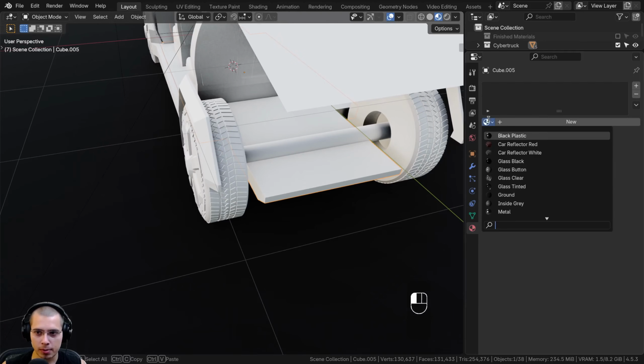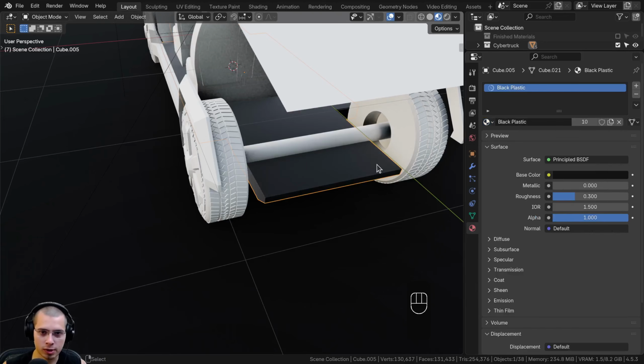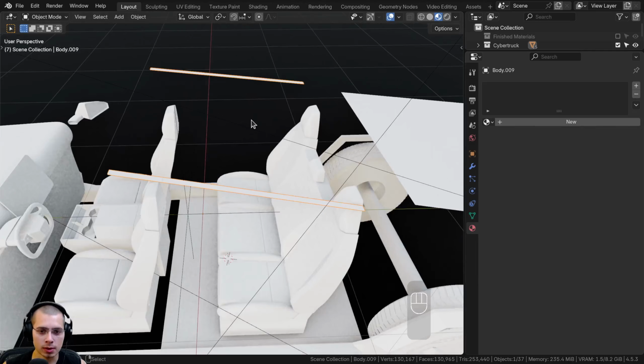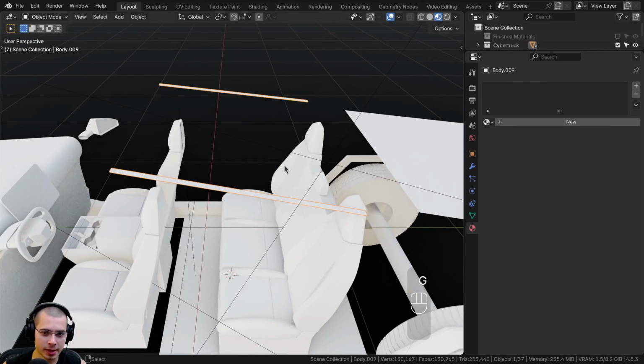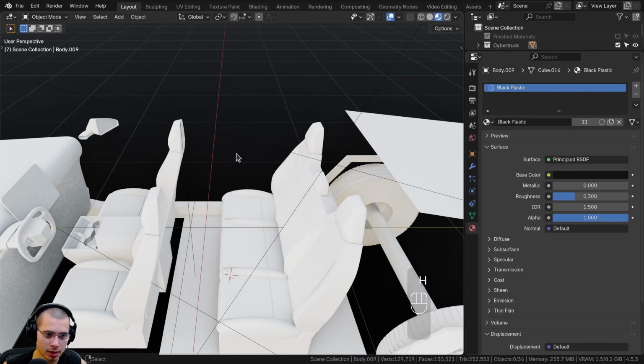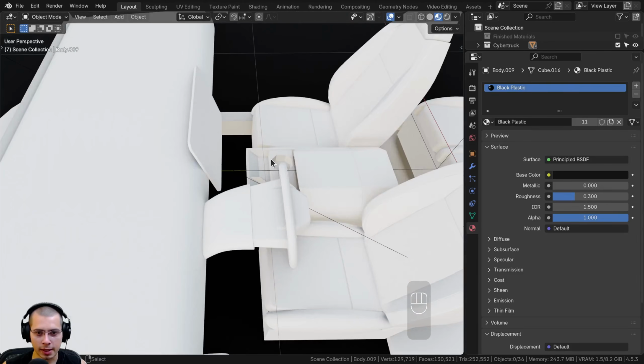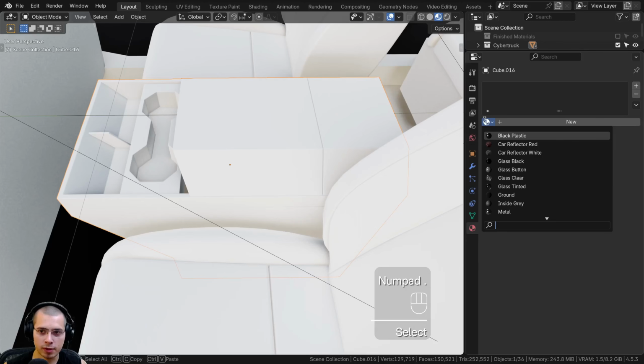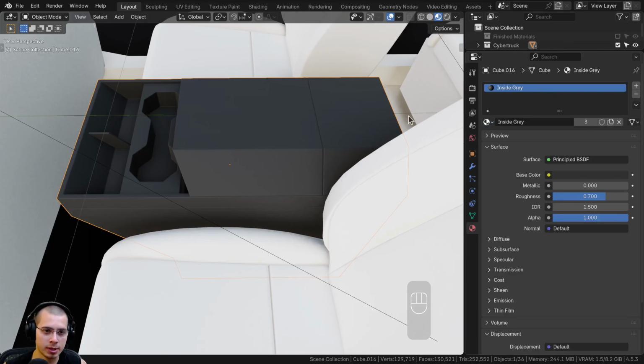Then we're going to select the bottom object, and this we're also going to search for the black plastic and hide that. Let's also select these little pieces here, so like kind of this trim up here with details, and we're also going to add the plastic and hide that. Now let's select the cup holders, and for this one we're going to add the inside gray material, and then